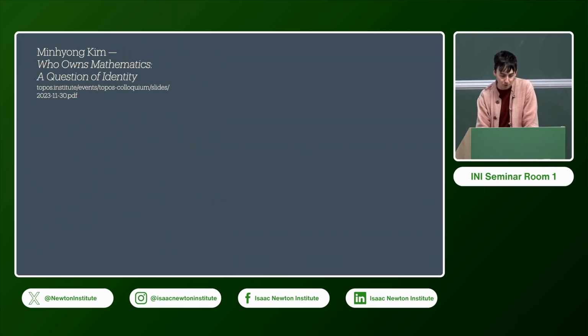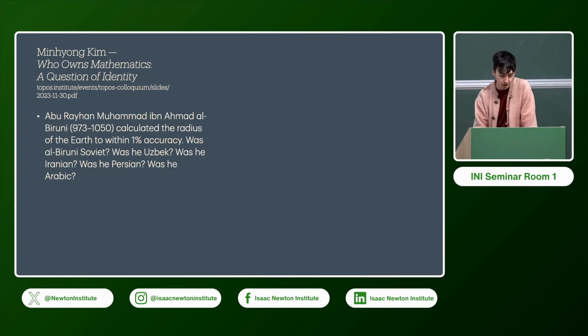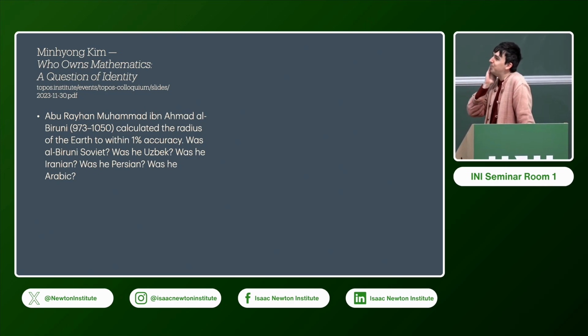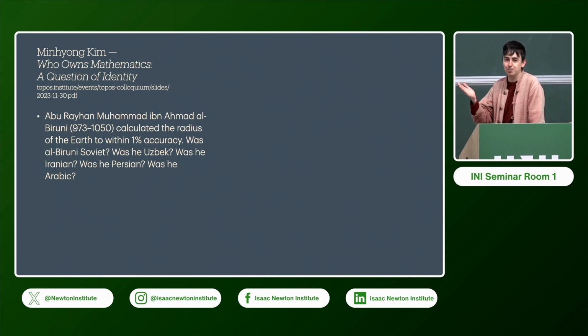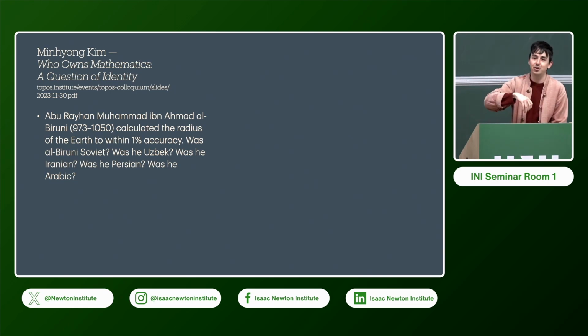One fantastic talk was given by Min-Hyung Kim, who's now up at ICMS in Edinburgh, who gave a talk on the question of identity, which was again something very interesting. His opening question was, were there any Roman mathematicians? And then he gave this very interesting talk about, well, I'm not going to try to summarize the whole talk in an hour, but he gave a very specific part which was about the language in which mathematicians publish corresponding to their nationality and how history perceives them.